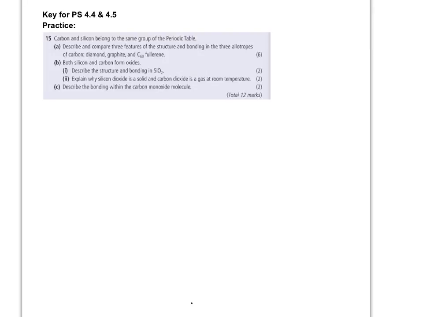Welcome. In this video, I'm going to go over the practice problems found at the end of the chapter for sections 4.4 and 4.5. Starting with question 15, it says carbon and silicon belong to the same group of the periodic table. Describe and compare three features of the structure and bonding in the three carbon allotropes, diamond, graphite, and C60 or fullerene. So if I just write down, I've got diamond,